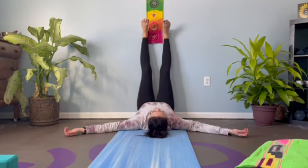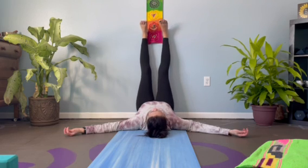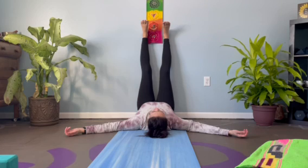Deep breath, inhale. And exhale. Inhale. And exhale. This is a great pose to do before you go to bed. And just kind of hang out here, allowing the body to heal itself, allowing the spine to release, allowing the hips to release, allowing the heart to rest,